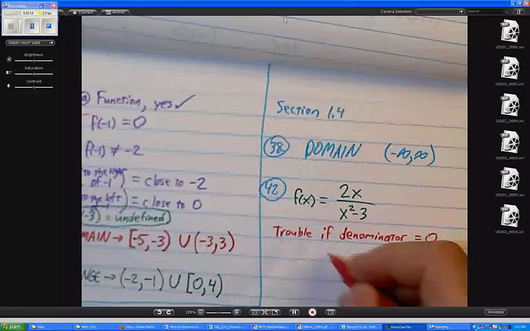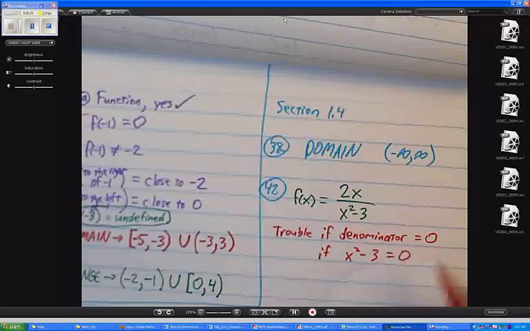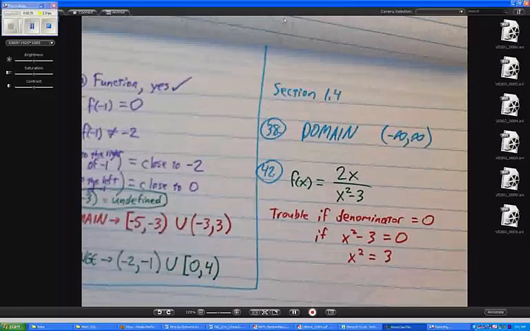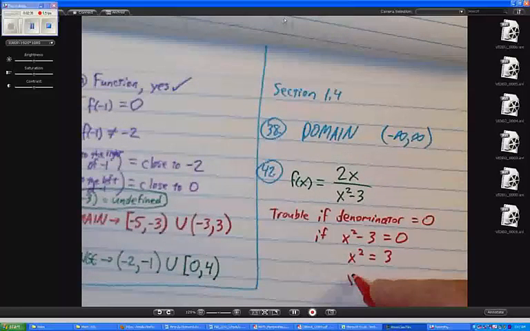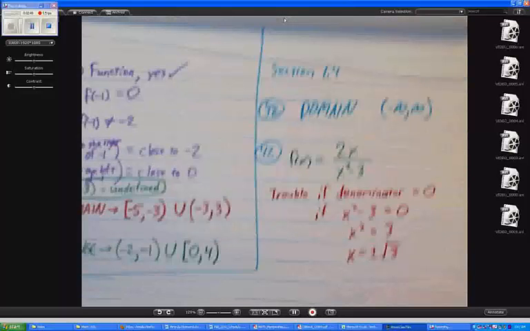So if x squared minus 3 equals 0, which would mean x squared is equal to 3. So how many trouble spots are there? 2. What are they? Plus or minus the square root of 3. Okay? So this is trouble, remember,